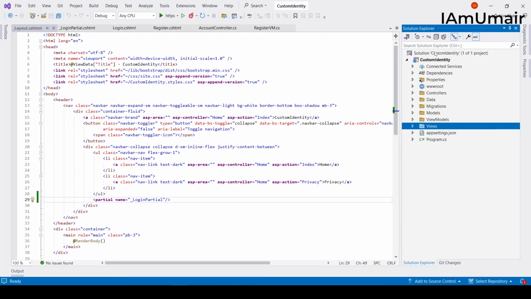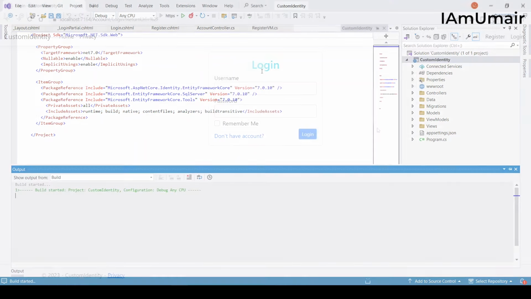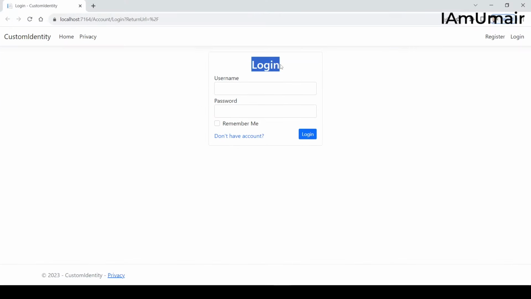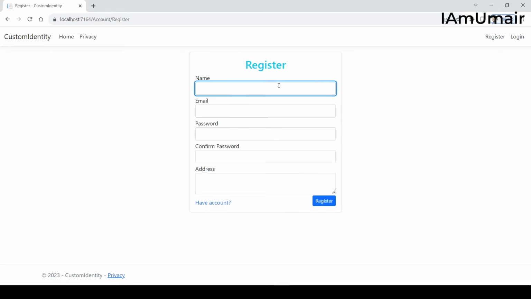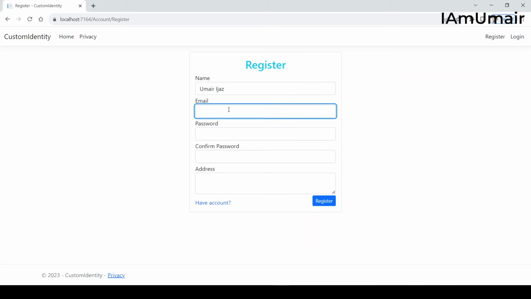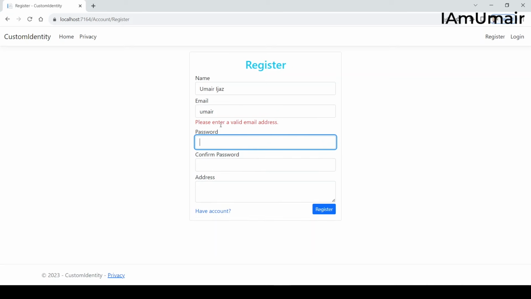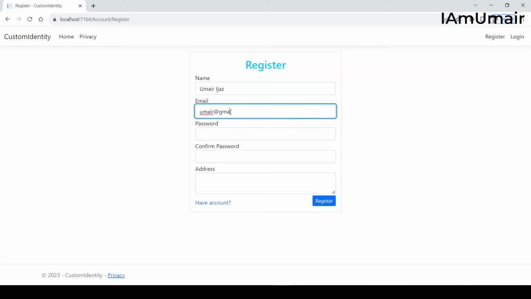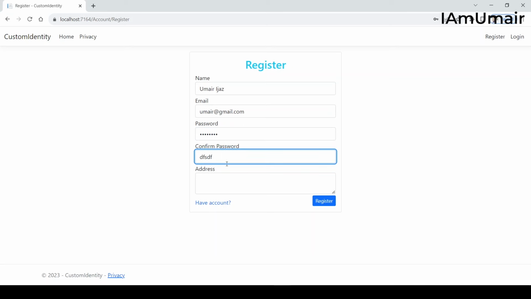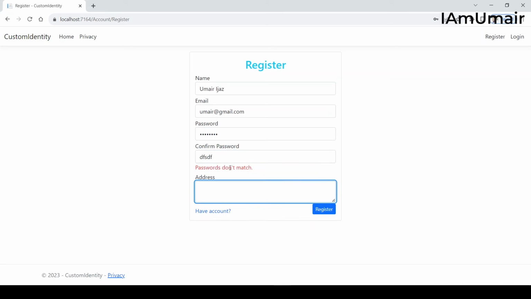Now let me run this application. You can see that we have the login page here, we have register here and login here. So from register I will add a new user. It will be Umair with my email. If the email is invalid, we have got the message that email is invalid. So I will fill it out. Now the password, it will be of 8 characters. If I write the wrong password, I have the message passwords don't match. So I will write,